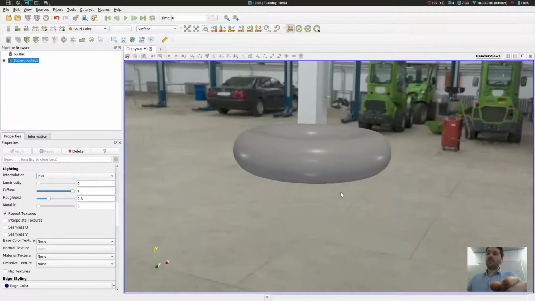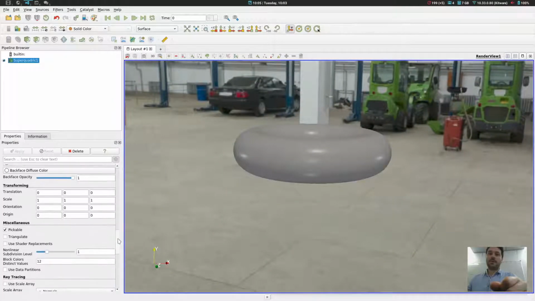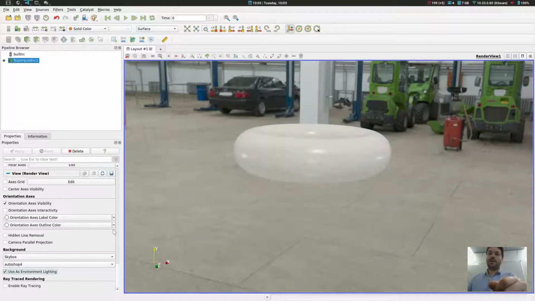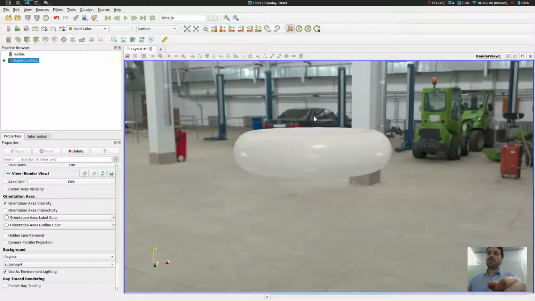One thing I want to mention before is in the background properties, when we have selected the skybox, there is a new checkbox that is called use as environment lighting. So basically, when you check this box, you are actually telling ParaView to use the whole image environment to act as a light.